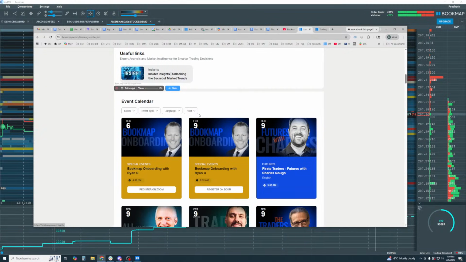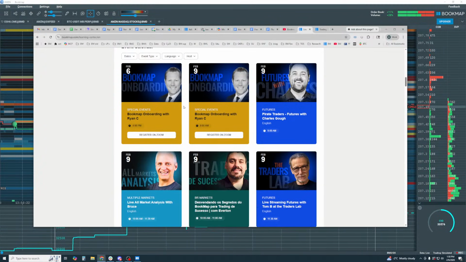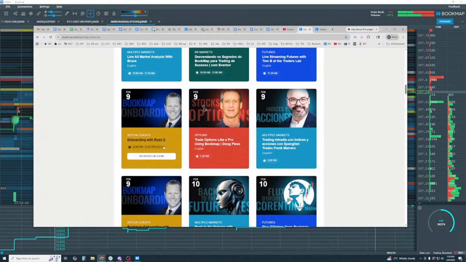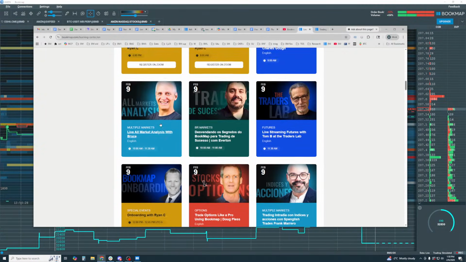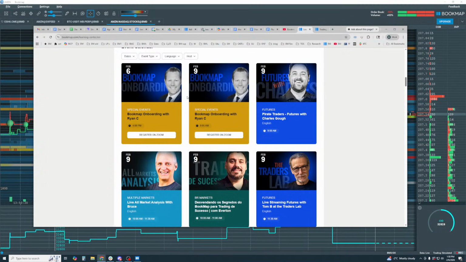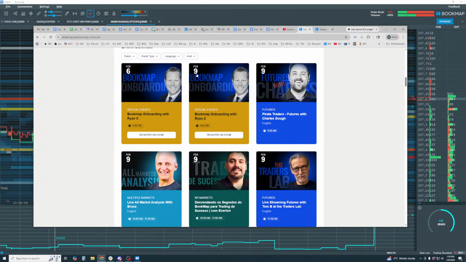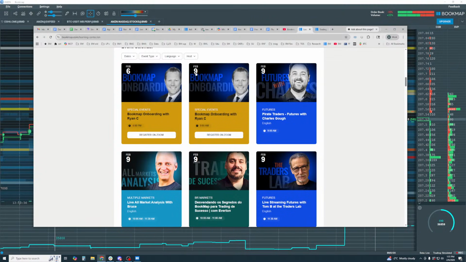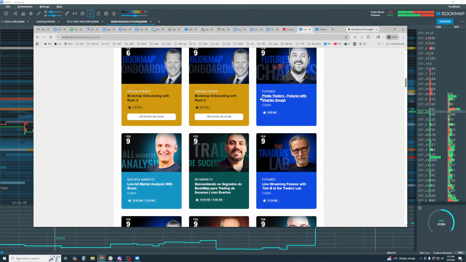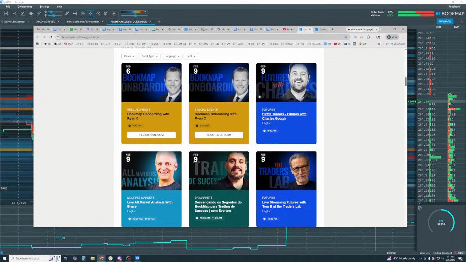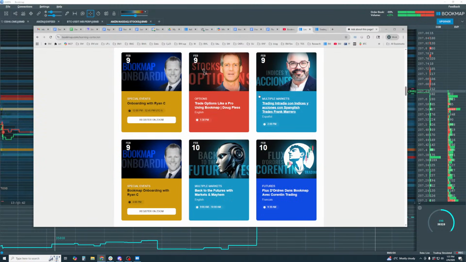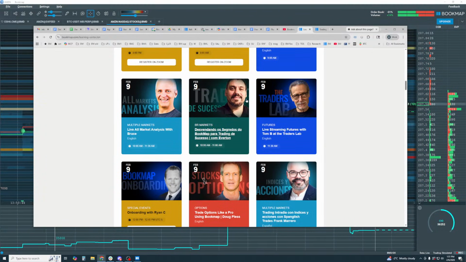All right, so just go down a little bit further. Our calendar, as you can see in the events calendar, we've got many events in here. Ryan is doing these onboarding events for you guys, doing a bang up job. And then look at all these events on Monday, February 9th. We've got, I don't know, like 8 or 9 events for just Monday alone.